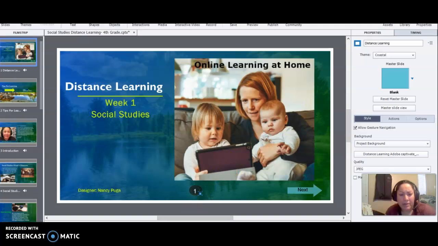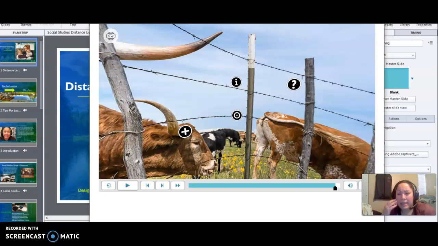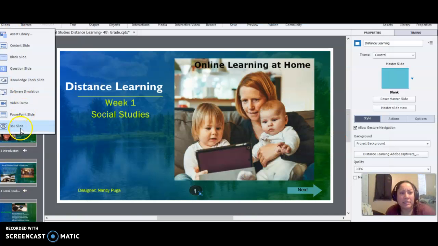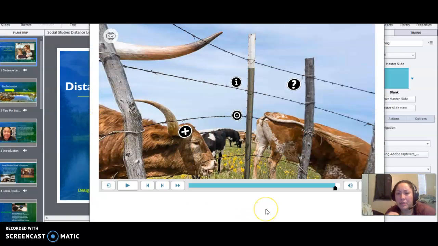This week I focused on adding a virtual reality 360 photograph slide into my e-learning course. So I had to go onto the add insert slides and I just clicked on 360 and then I was able to input the photograph of this Texas Longhorn Ranch, and then from there I was able to